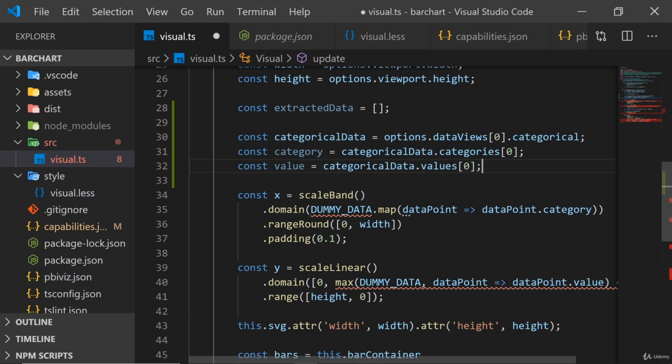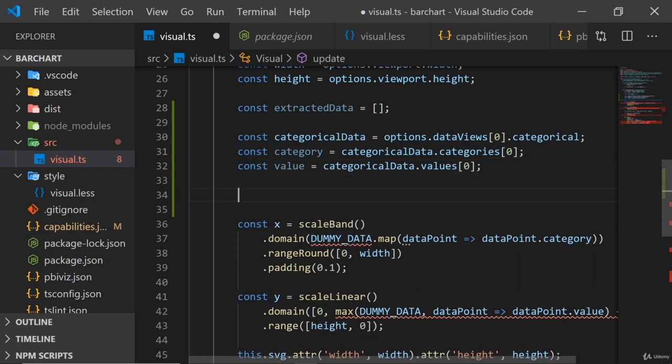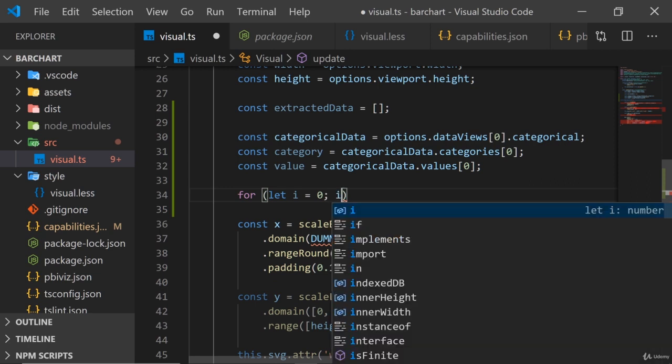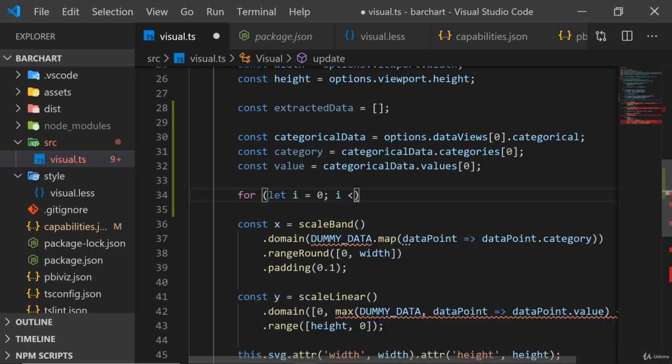And now that we know which kind of data and category we want to work with, we can extract the concrete data points. For that, we can write a so-called for loop, which allows us to repeat code. And in the parentheses here, we write let i equals 0, which basically means we're creating a new variable, which unlike a constant is allowed to change, where we can reassign a new value with the equal sign. And we initialize it to be 0. And we then add a semicolon, and then comes our condition, how long this loop should continue running. And that is that i should be shorter than